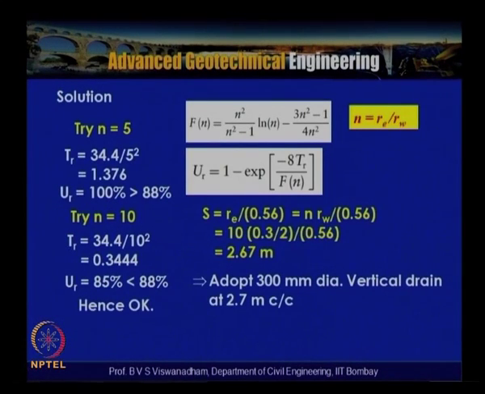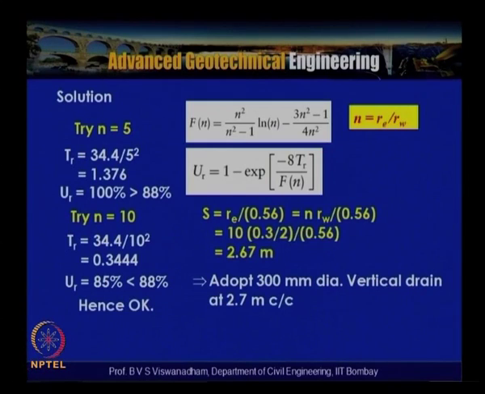Now, after having obtained TR in terms of n square, TR is equal to 34.4 by n square. So we have to do the trial and error method. Let us see that n is equal to 5, which indicates that the drains are placed very close, and with that TR is equal to 34.4 divided by 5 square, which works out to be 1.376, and which leads to